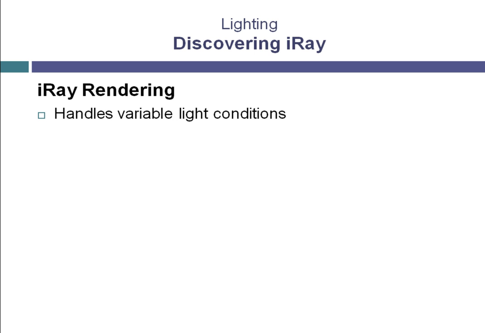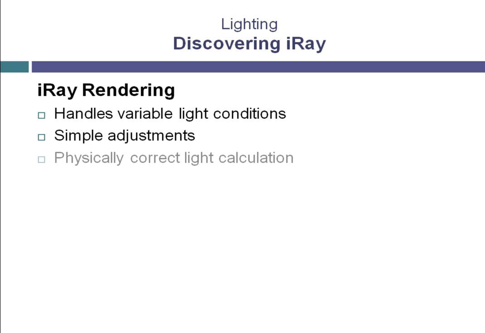One of the greatest advantages that iRay has over other renderers is it provides the end user with very simple adjustments. The main adjustment is how long you want the rendering to be calculated. The longer you let it calculate, the higher the quality of the image. Beyond the length of time you want to render, you don't have to make any other changes to the render settings. iRay looks at whatever scene you're rendering and uses physically correct light calculations in order to generate a highly